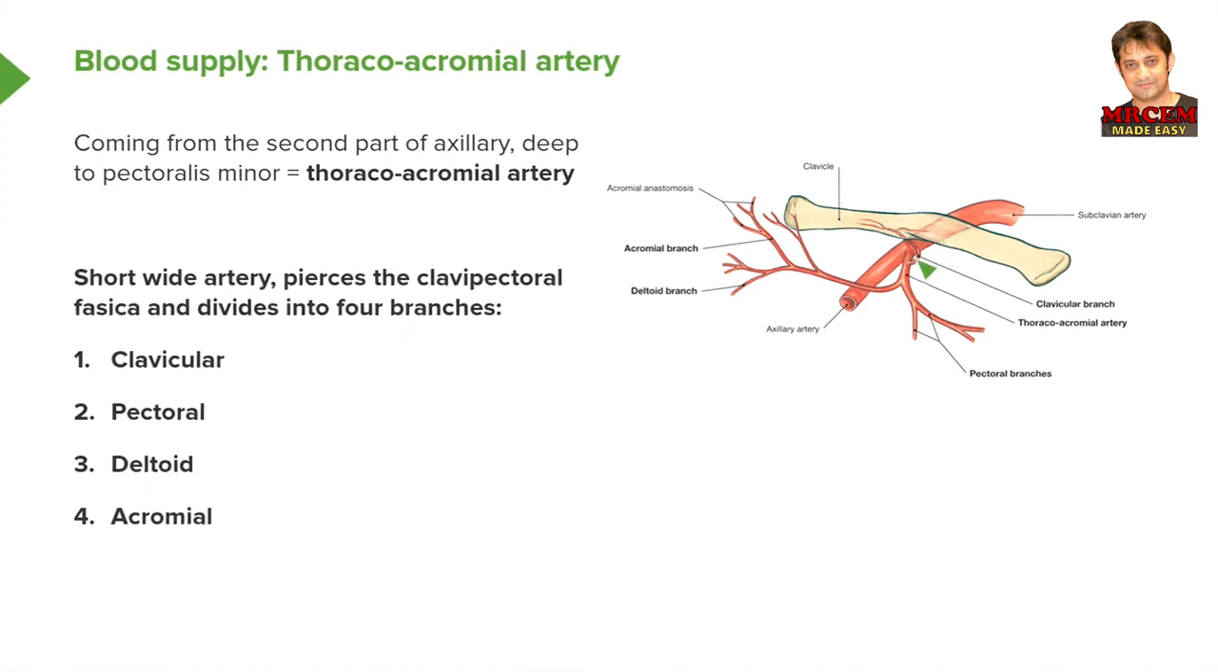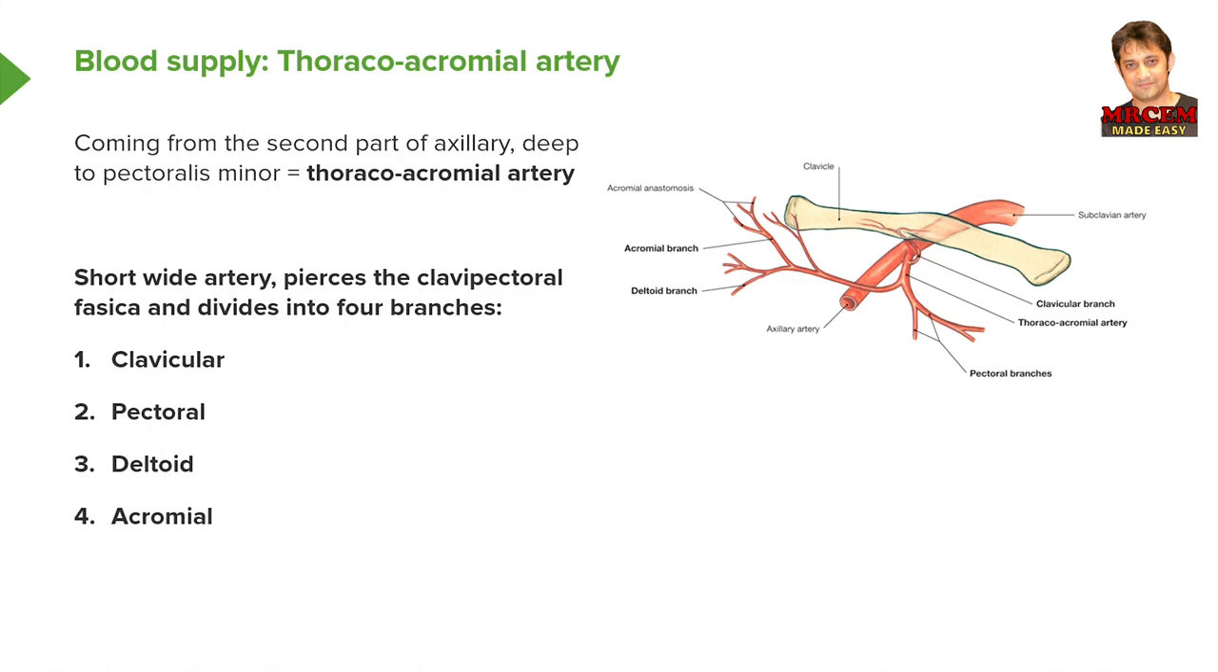We can see we've got a clavicular branch, and if you remember looking at the clavicle in the first lecture, we had that nutrient foramen, and this is where the clavicular branch passes in to supply the clavicle. We can see it then comes away, and we have these pectoral branches that go and supply pectoralis minor and